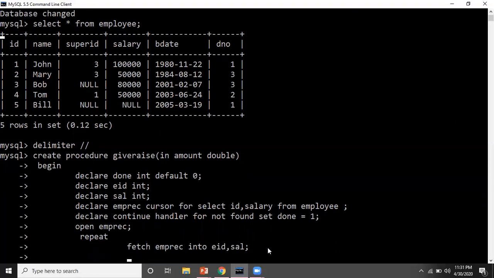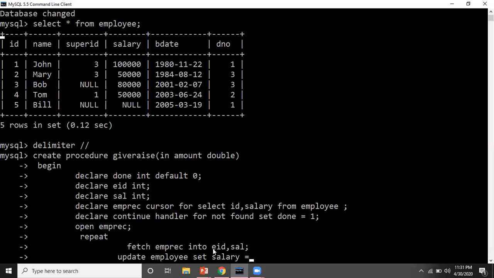Now what we have to do? Now we can update. So I'm writing the command update. What do I have to update? I have to update table employee. Here set, I want to give a raise, that means the salary column will be affected. So set salary is equal to, what do I want to set here?